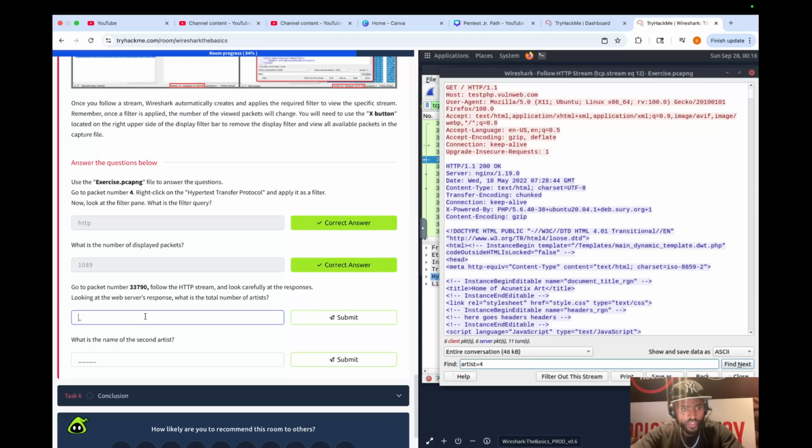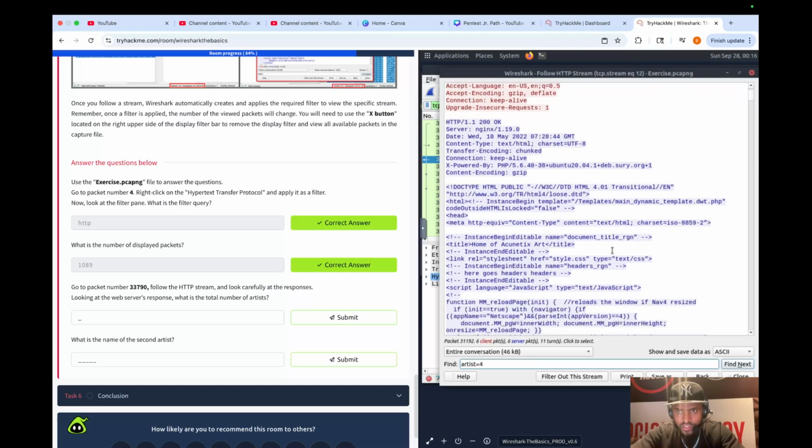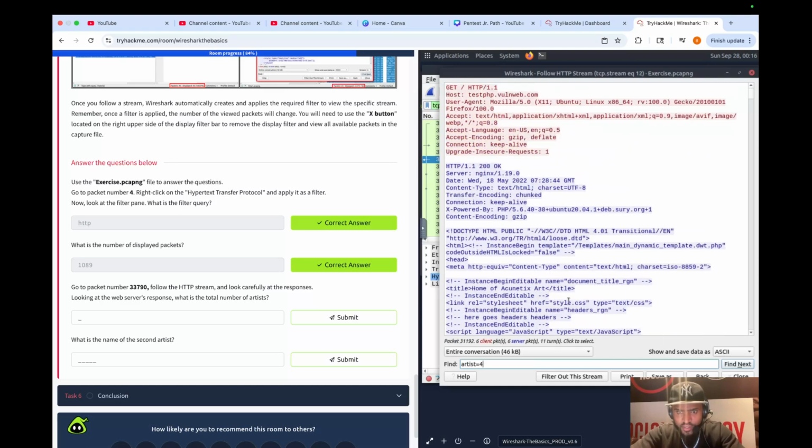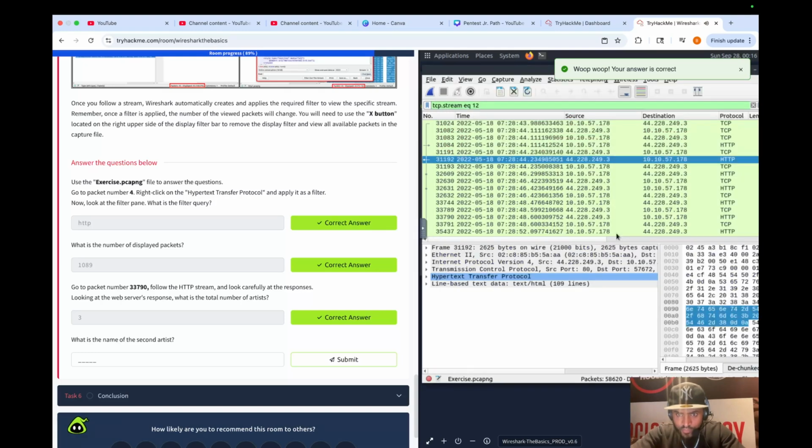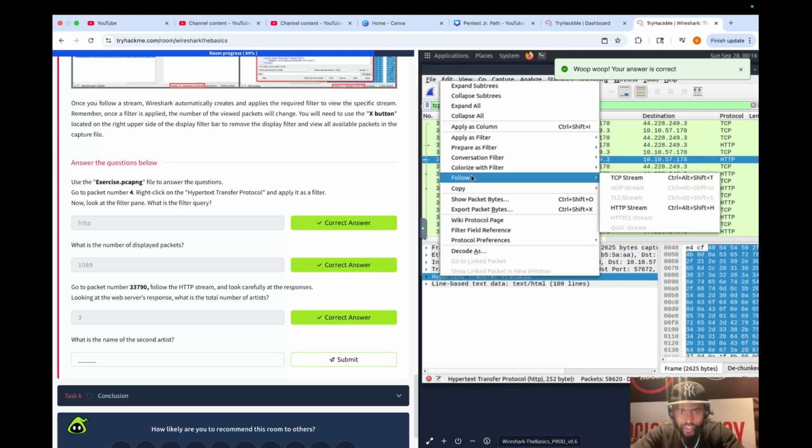And so another way of doing it is, what is the file right here? So right here I'll just say 3 and try it. It is 3, but another option would just be to use hypertext transfer protocol. We're looking for HTTP, so we can go ahead and actually